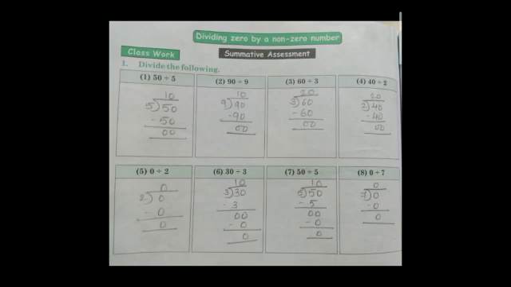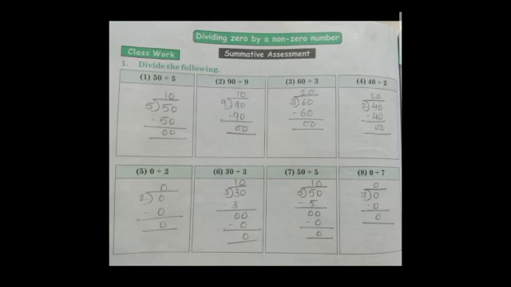The third one is 60 divided by 3. Now I have done it directly, that is 3 20s are 60, but you can do it like this also, by single digit number, like 3 2s are 6, then 6 minus 6 is 0, then 0 will come down, then again 3 zeros are 0, like that also you can do it. Okay. The fourth one is 40 divided by 2. Again I have done it directly, like 2 20s are 40, or you can do it by doing it as a single digit number. Is that clear?